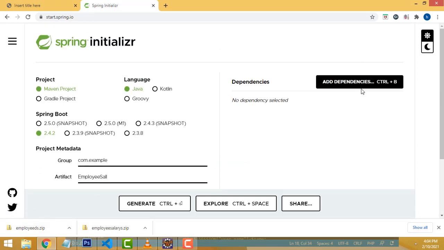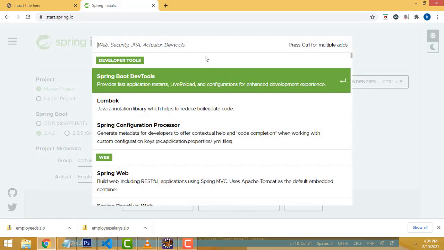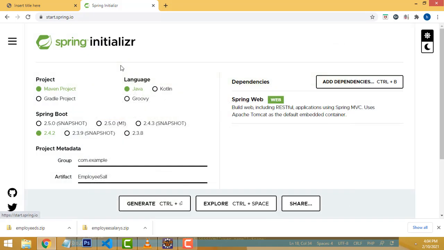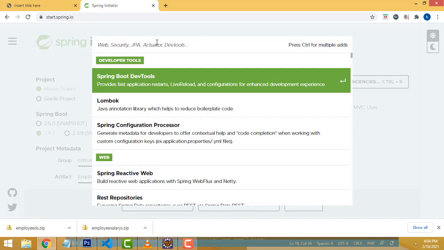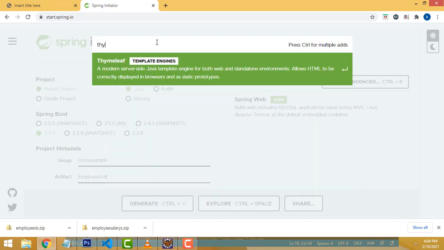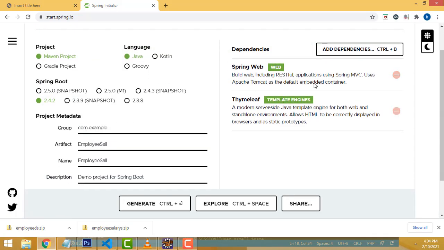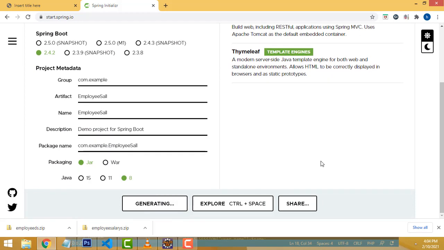This will be important stuff. So you can add that dependency. We have to add two dependencies: Spring Web. After that we have to add Thymeleaf. This is what we need to generate the HTML. This is the browser, this is HTML; we will be able to write the HTML code. So here we will generate. Here your project is configured successfully.